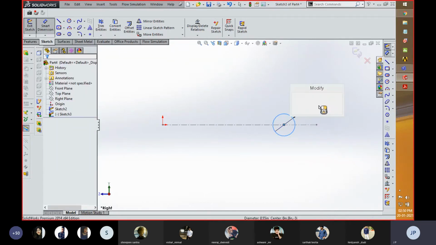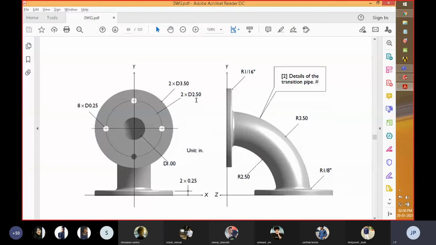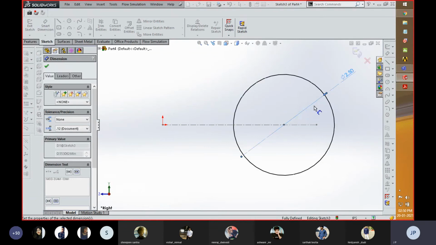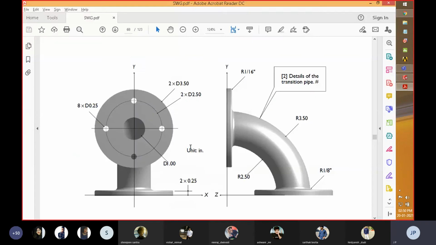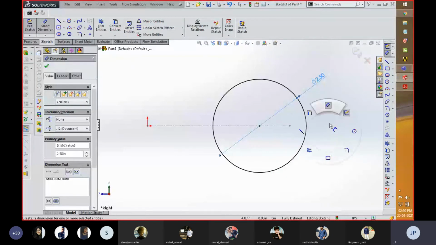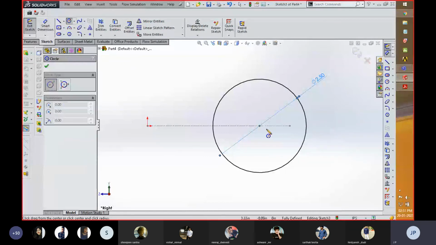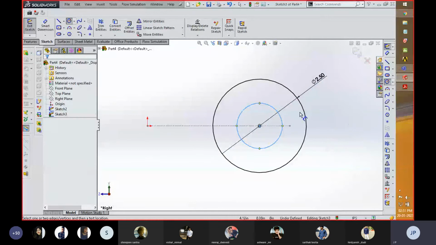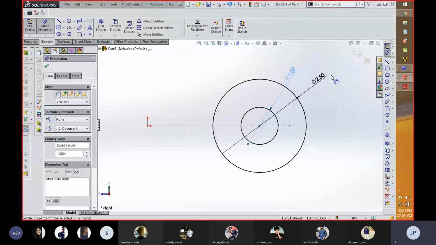Over here you can see that the diameter of this circle is 2.5, so I'm going to fill in the value of 2.5. After that, there is another circle which is 1 in diameter. You could also do that part by thickening, but I am creating it over here, and this is 1 in diameter.